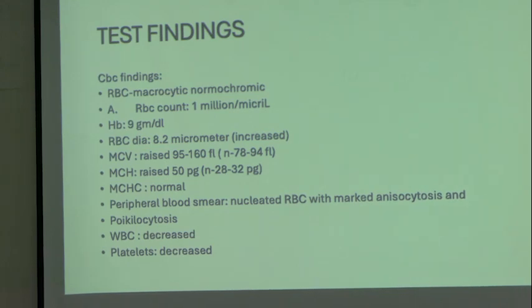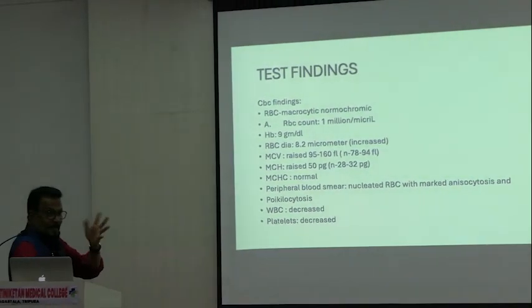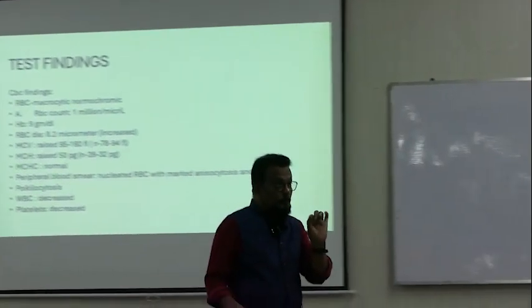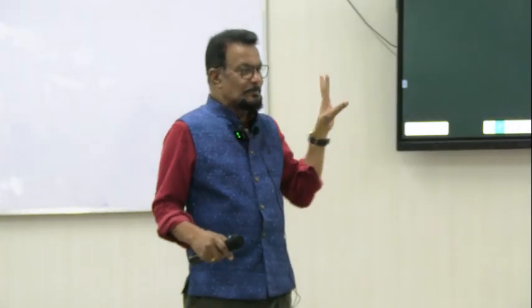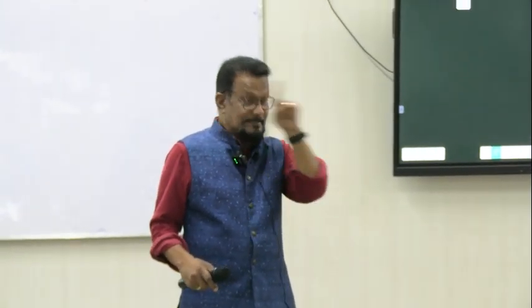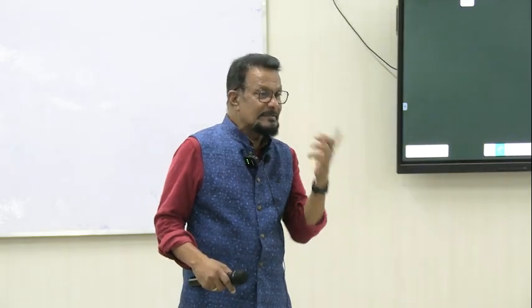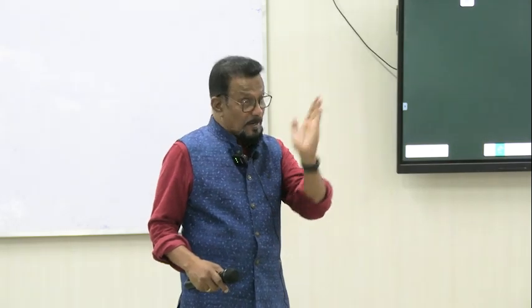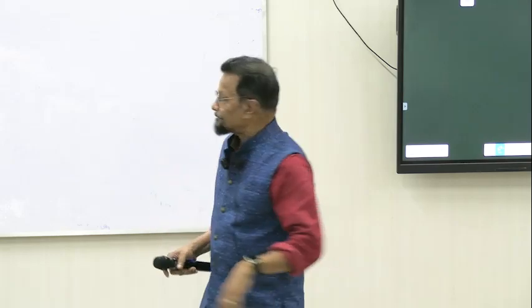Peripheral blood smear shows nucleated RBC. So there should be only 1% of RBCs as reticulocytes, and those have no nucleus. Normally you won't find any nucleated RBC, but in the smear, I will get nucleated RBC. This means these are all immature, and they came into circulation before their maturity, even before conversion to reticulocyte.